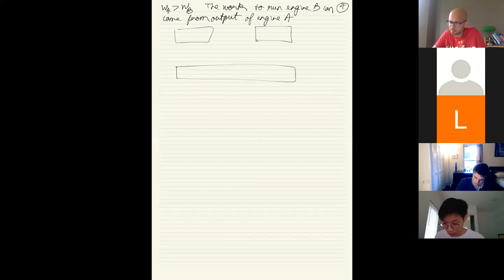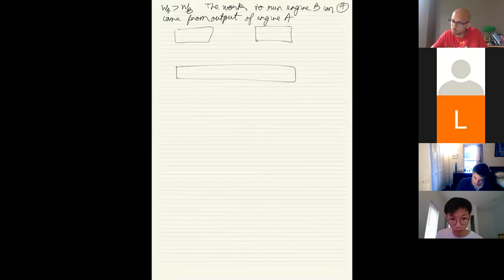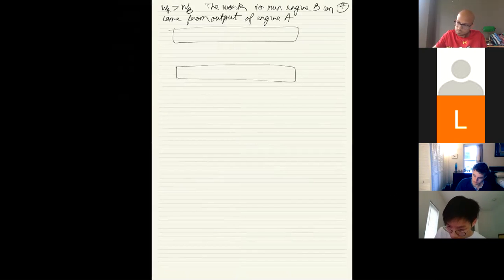And since we are not really interested in the temperature of the hot source, because I wrote down THA and THB here, but we are not really using the temperature in any way, what I'm going to do is to just think about one big hot source, that is the environment from which heat is being drawn. So a better way to think about it is to not distinguish the temperatures. Let's just call it TH and TC, because we are not even using the temperatures. So this is a hot source and this is a cold sink.